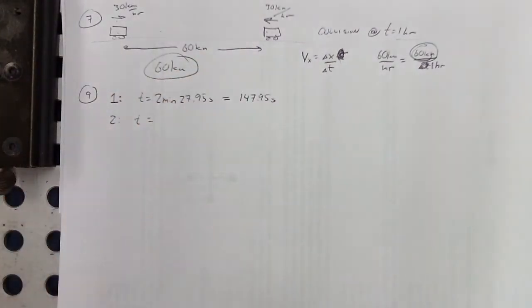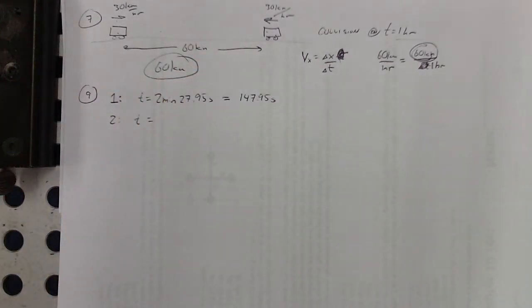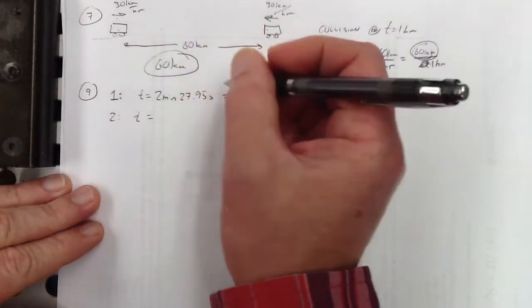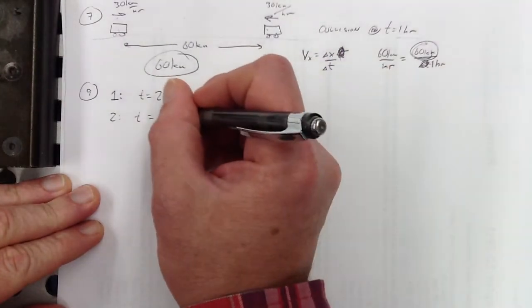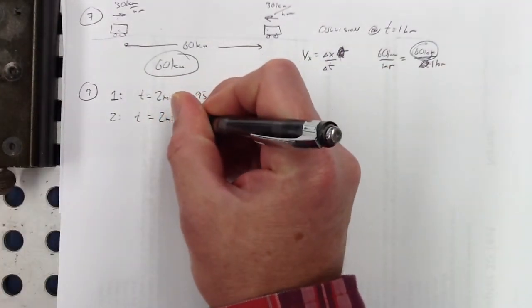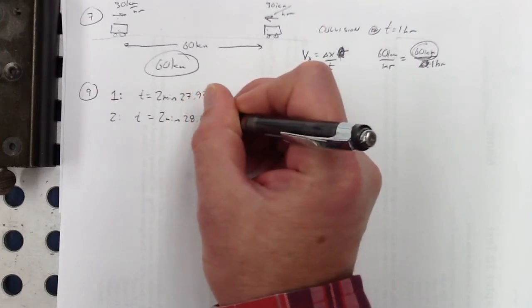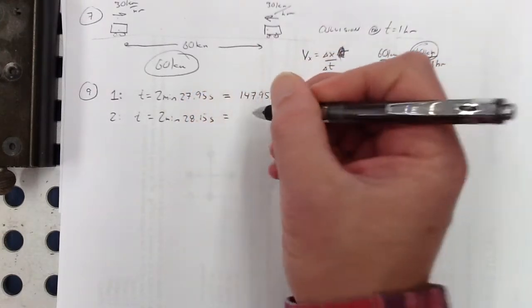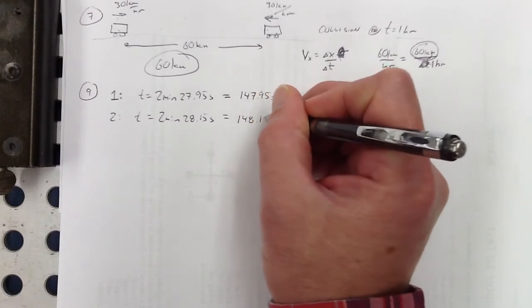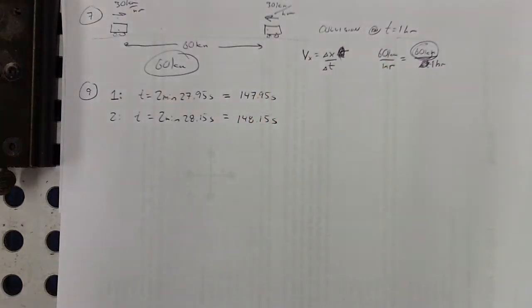And runner 2 on track 2 has a time of 2 minutes, 28.15 seconds. All right, so how big can the difference be, and this is a 1 kilometer race, right? Okay, so